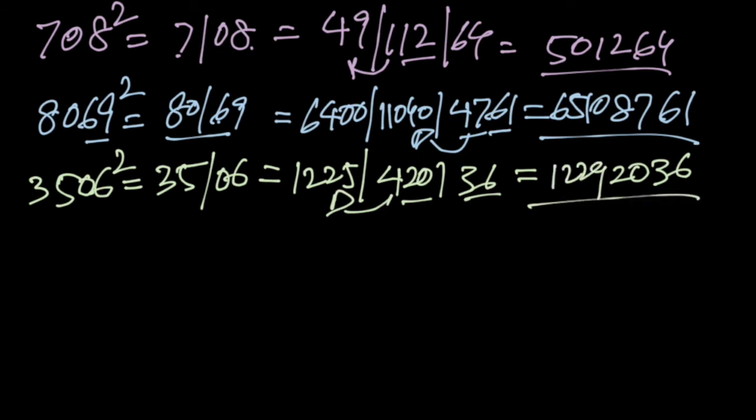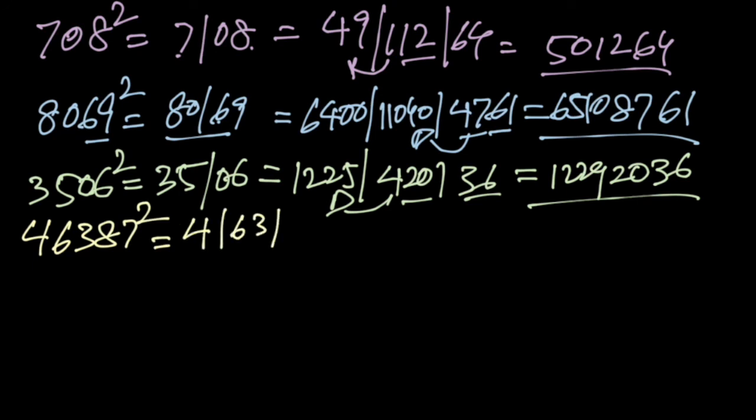9. So, now with this let us solve the last question that I had asked in the beginning, which was square of 46387. So, we split it in 4, 63 and 87. So, first we get square of 4, which is 16. We have to do the multiplication of these two numbers and then double it.